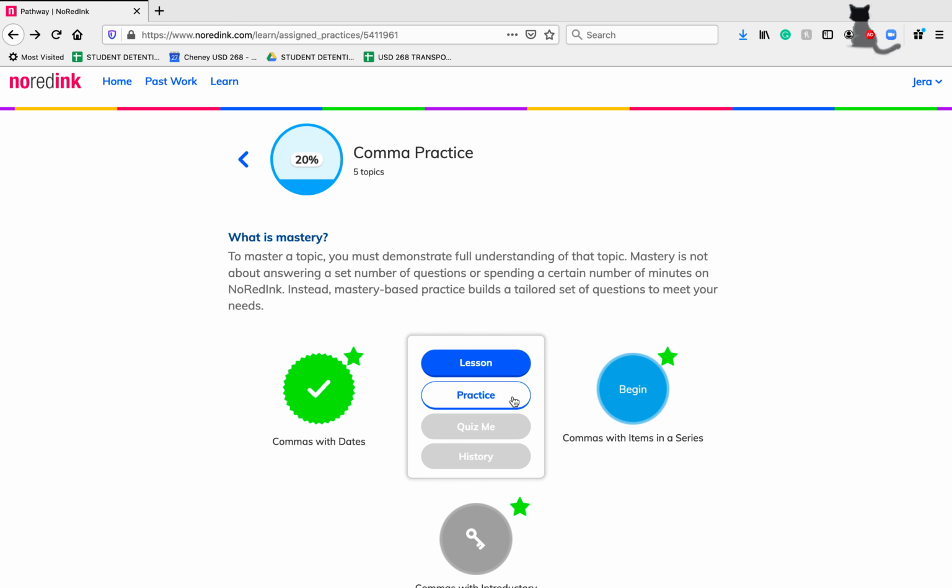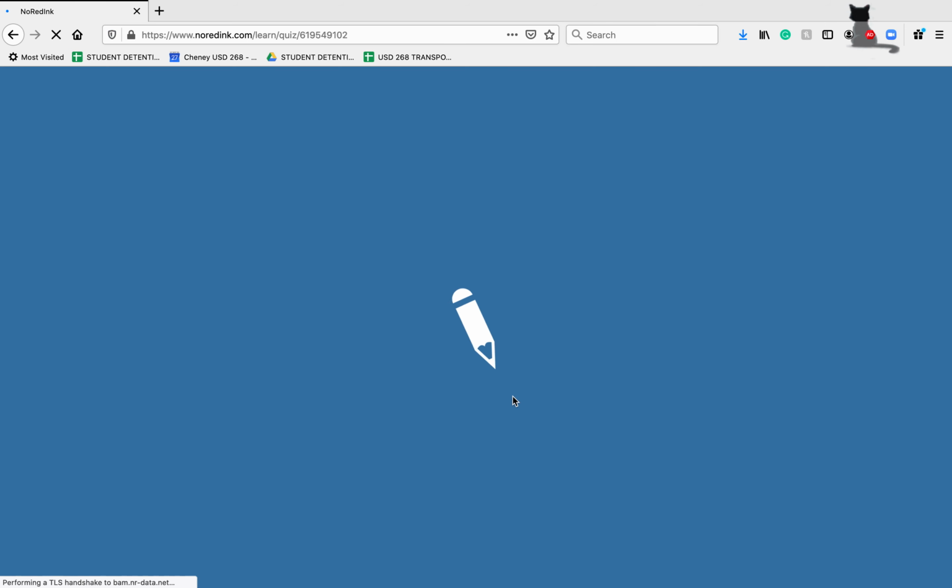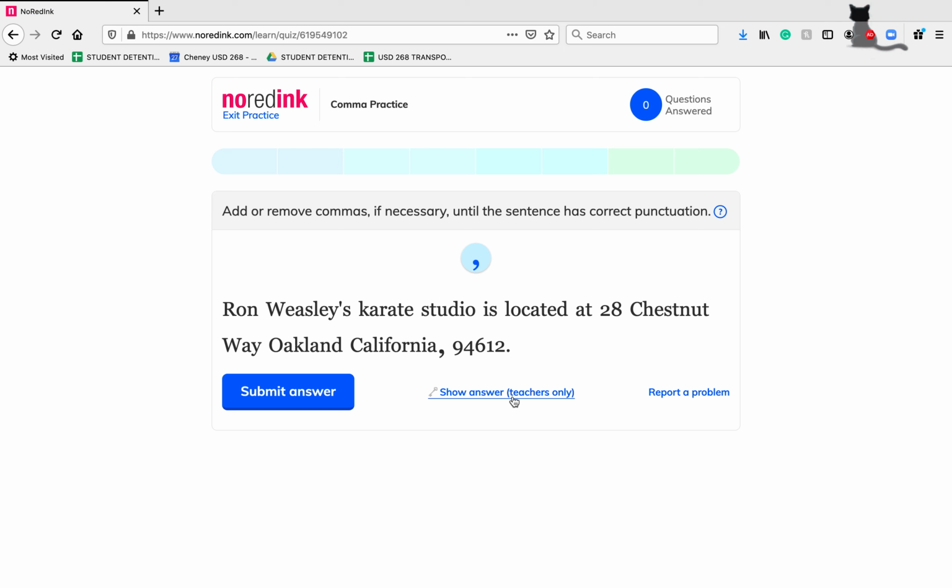So we'll work through a couple of these together. Ron Weasley's karate studio is located at 28 Chestnut Way, Oakland, California, 94612. So let's break down each of the individual address parts. So we have the actual location number. Here we have Chestnut Way is our street name, Oakland is our city, California is our state, and here is our zip code. So we don't worry about in between the numbers, so we don't need a comma here,